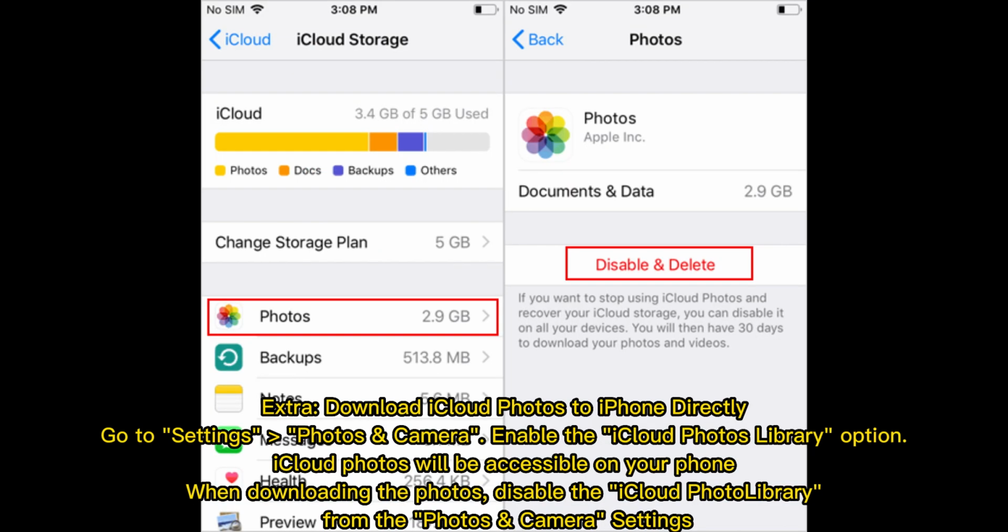Extra, download iCloud photos to iPhone directly. Go to Settings, Photos, and Camera. Enable the iCloud Photos library option. iCloud photos will be accessible on your phone. When downloading the photos, disable the iCloud Photo Library. From the Photos and Camera settings,